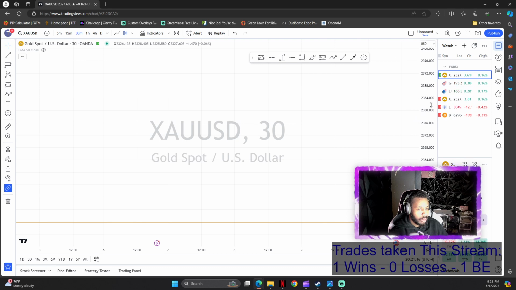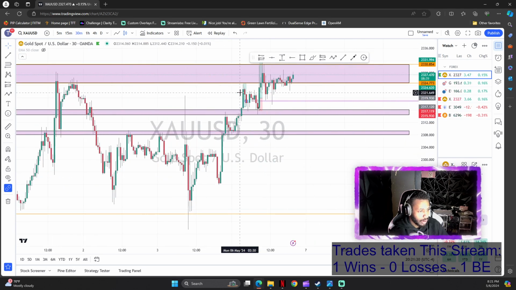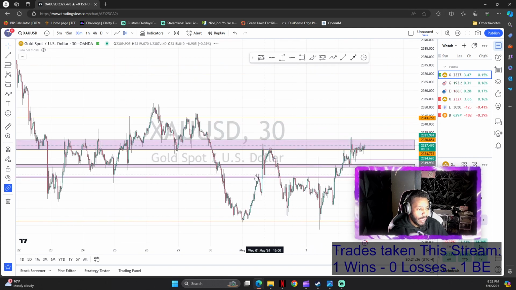let's talk about the trade I took today during London session. Not this one, this was the breakout trade. This is my break and retest trade. So mainly I use the 1 minute for break and retest trades, right? I have my levels picked out here. As you can see, we've got a support level here, resistance here,